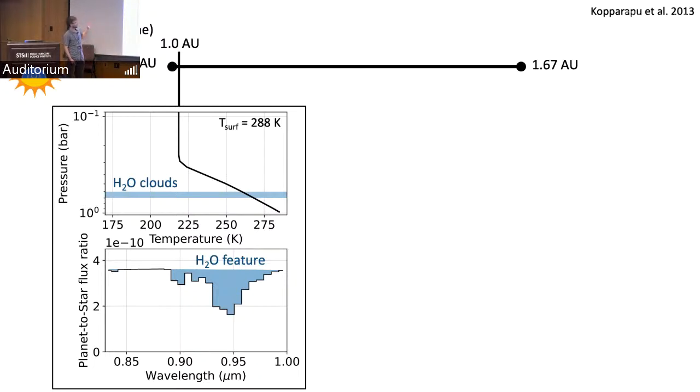But as you go out in the habitable zone, you dump more and more CO2 on a planet in order to keep it habitable. You need more greenhouse gases to keep the surface temperature around 288 Kelvin, or just above freezing. At about 1.35 AU, CO2 is so abundant in the atmosphere that it begins to condense in the upper atmosphere, and CO2 clouds begin to form. This is potentially an issue for detecting water vapor.